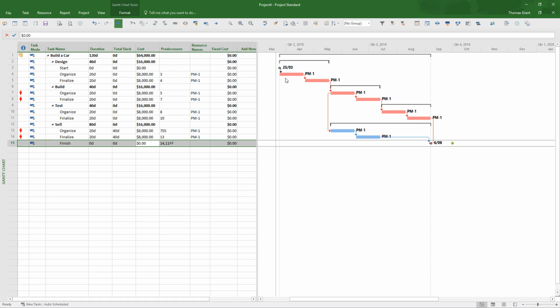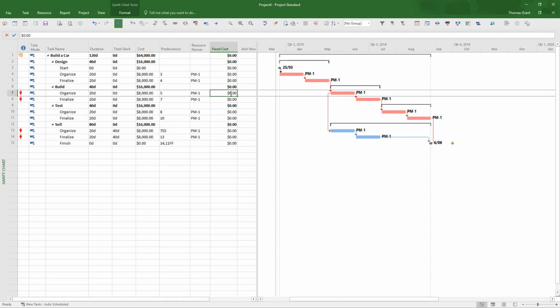We haven't actually allowed for the materials in the project, so we can put in a fixed cost for our materials alongside the first activity in build. So we can go to the fixed cost in build and say we need so much in terms of materials, so it's going to be 49,750,000, like so,